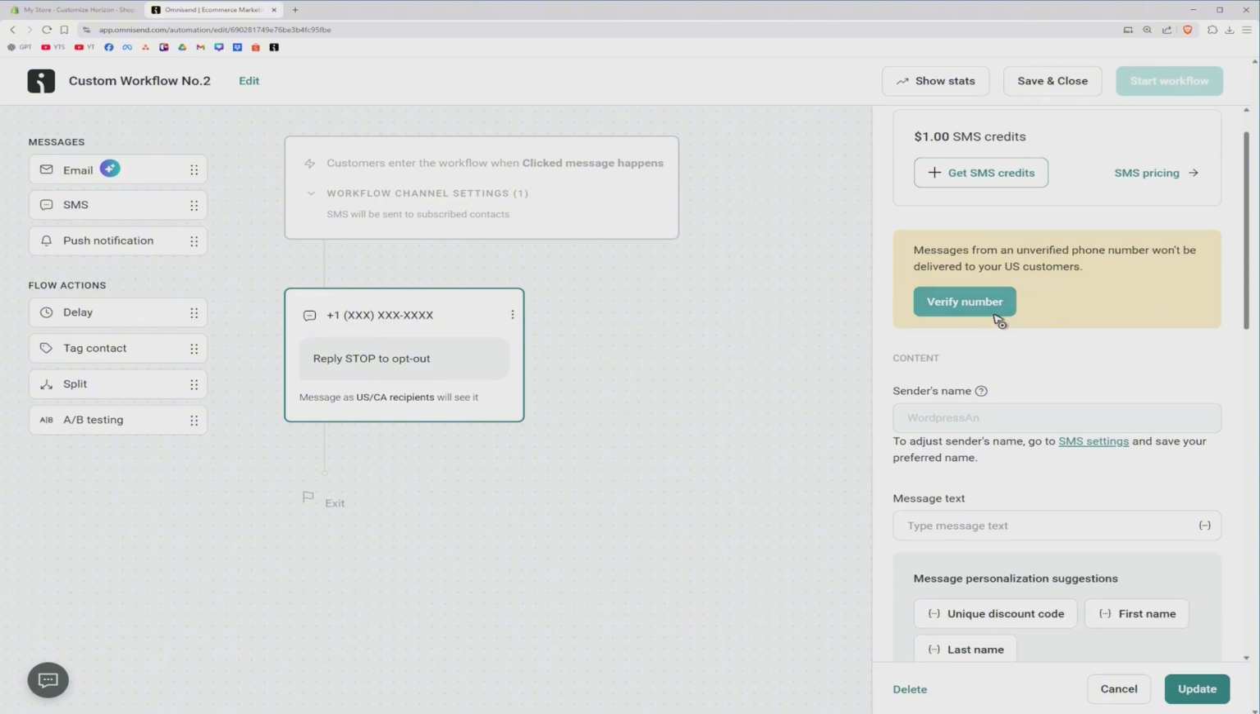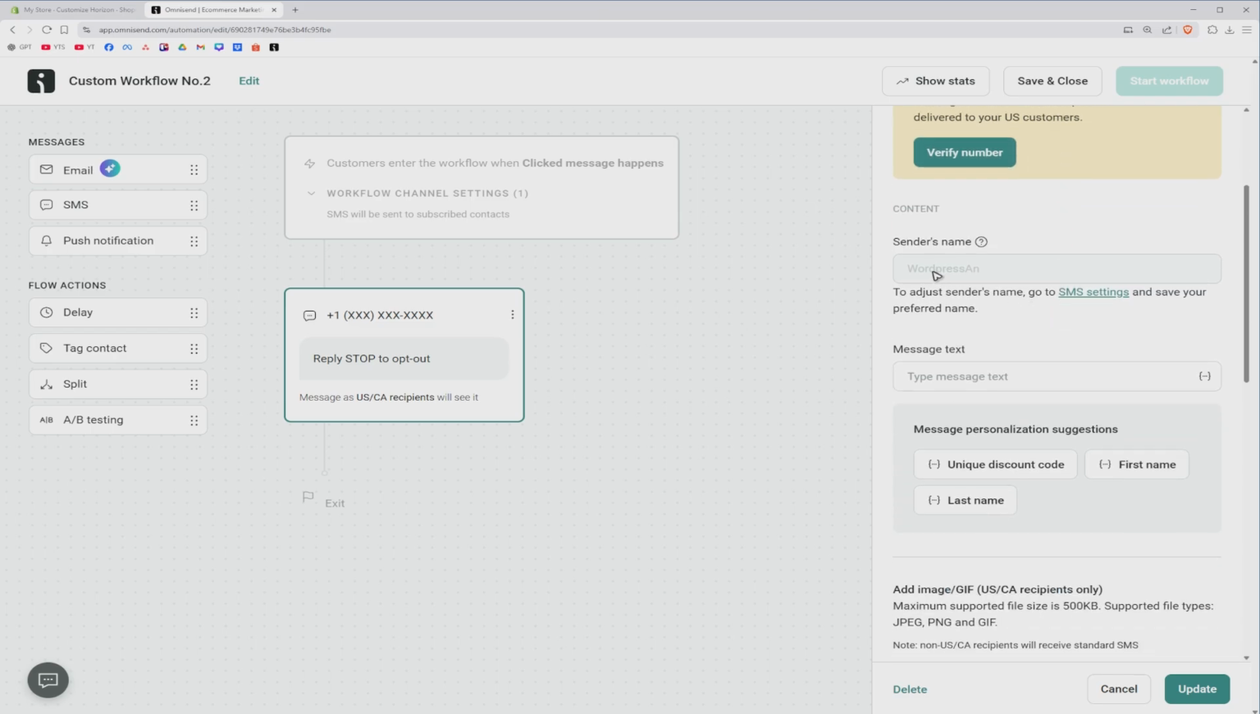And then once done, you can now go ahead and go to the right panel. Okay, and verify your phone number first. Okay, and after that, scroll down. You can go ahead and change the sender's name by clicking on SMS settings right here, or right click on it